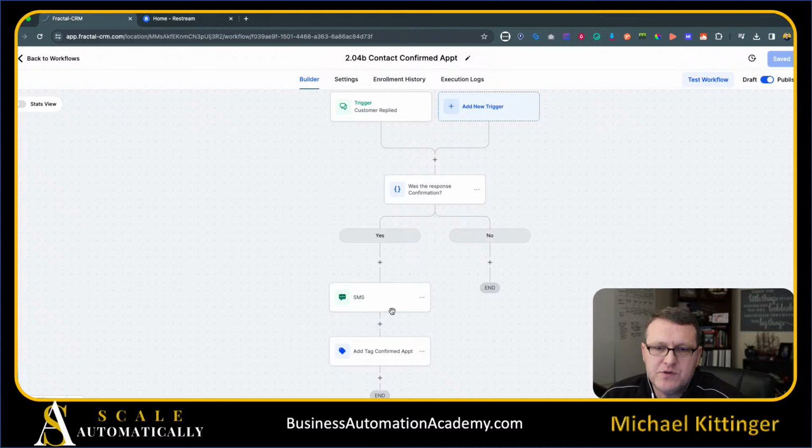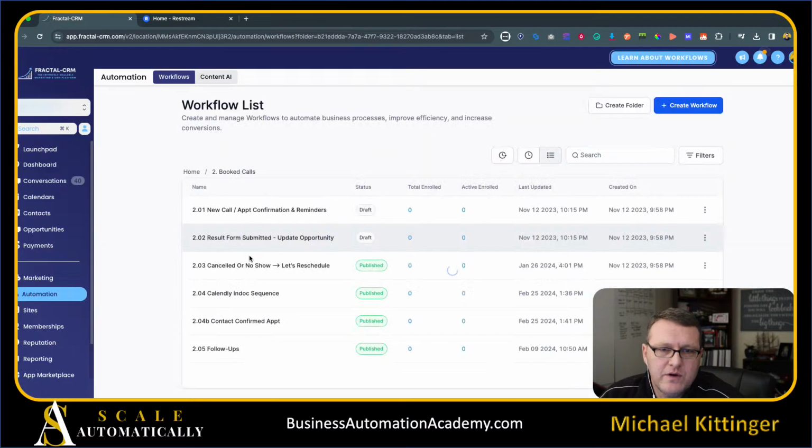But this one simple little automation, again, it's these little micro commitments that lead to higher show up rates, right? So now they've confirmed it. All that is good. If we come back over here to the other one,